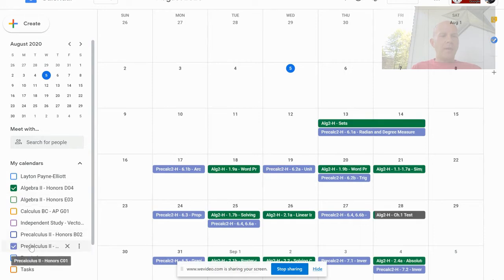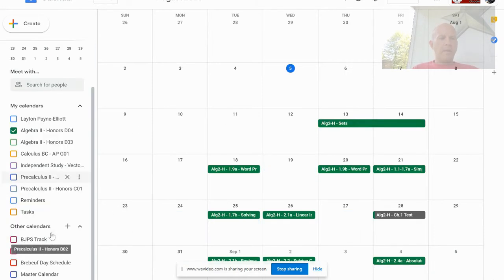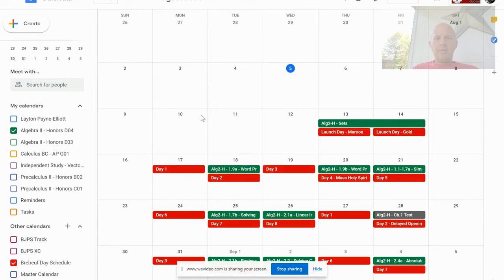This is an Algebra 1 calendar. This is actually my Period 4 calendar this year. And if I overlay this with the Brebeuf day schedule, you'll see a sense of what's happening. So our first chapter test right now is scheduled for the 28th of August. You'll also notice that there is a new lesson the day before the test, and that's to allow adequate time